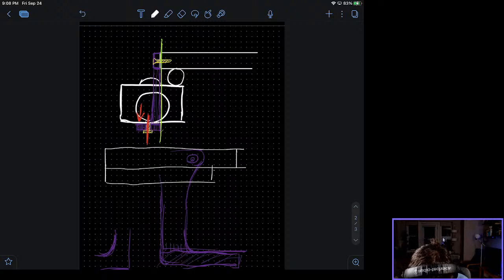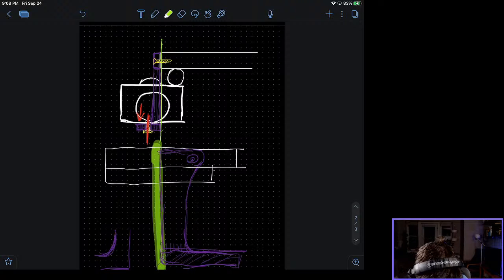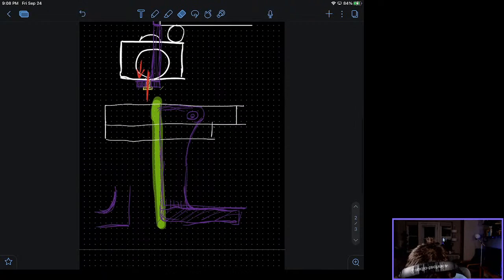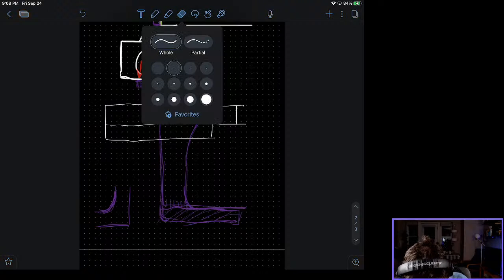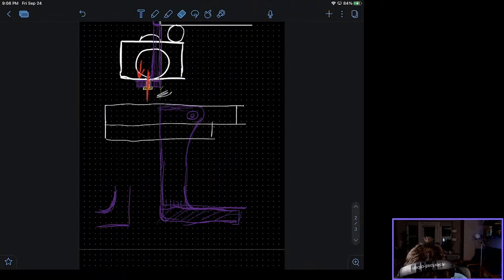Let's put the pipe back. And let's make this the face that's actually going to be on the print bed. So if I do that, then I might have a better situation here.